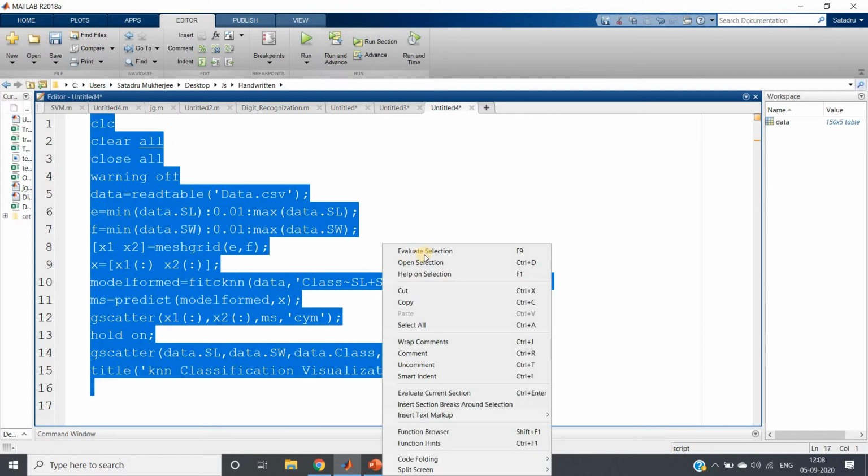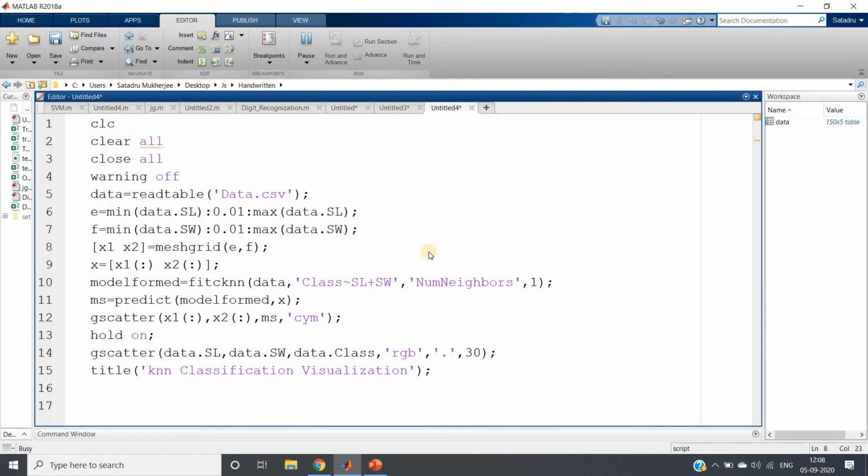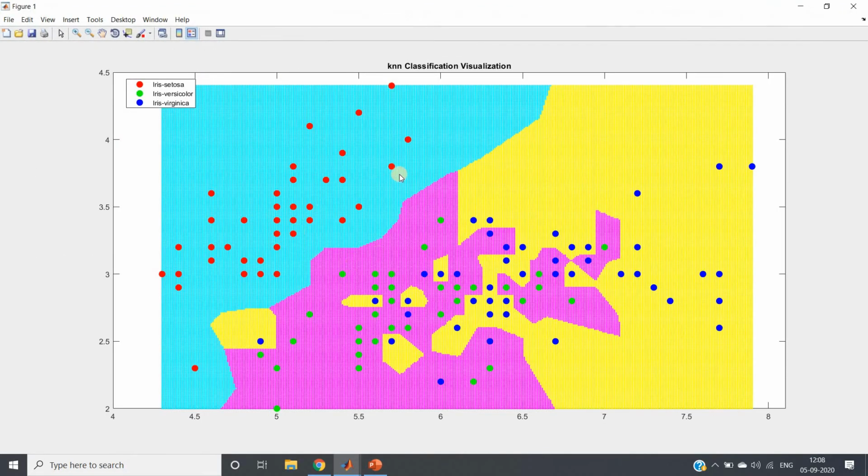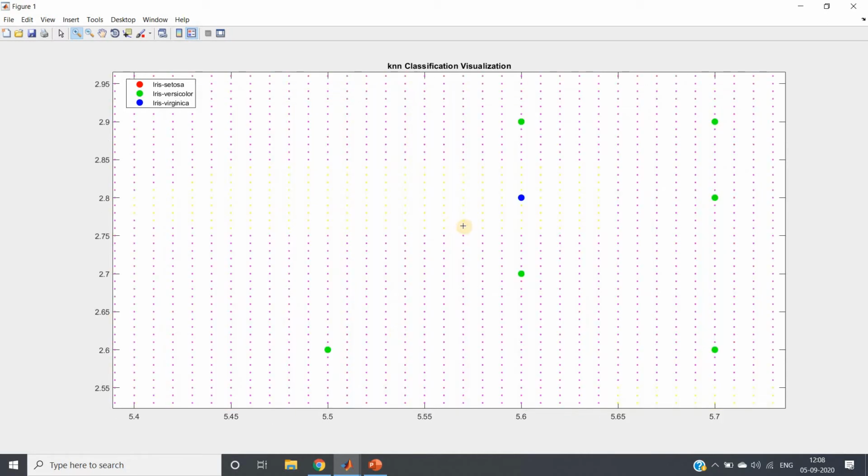So, Control A and evaluate selection. Just try to observe the effect of choosing only one nearest neighbor. See, the decision boundary is rapidly changing, not at all smooth. Let me try to explain what is happening. Suppose I consider this particular case and zoom in.